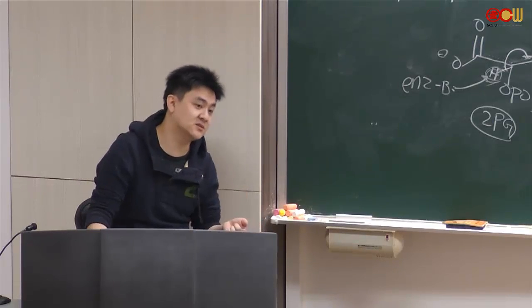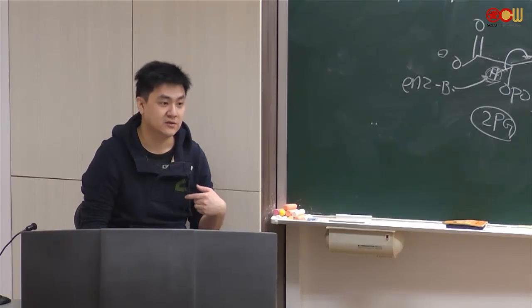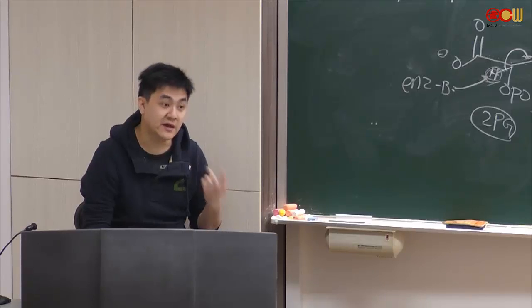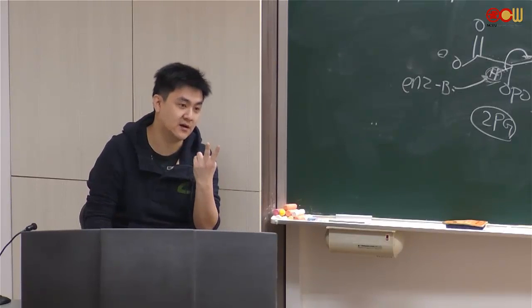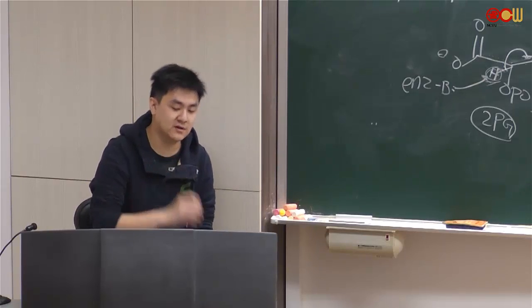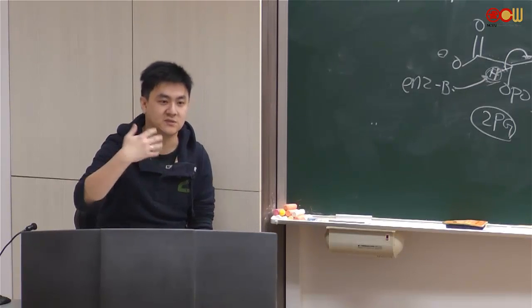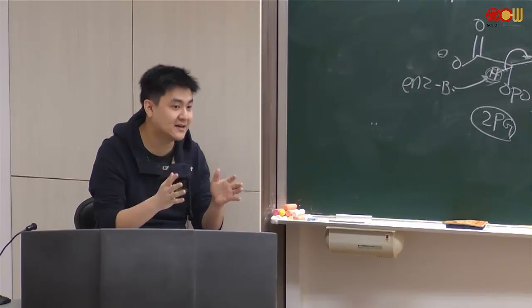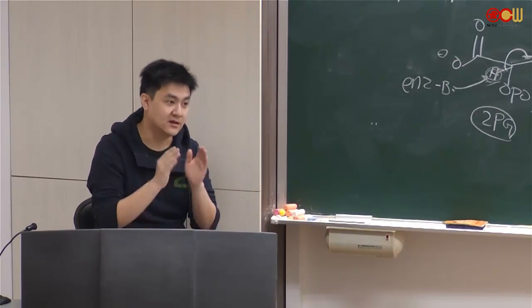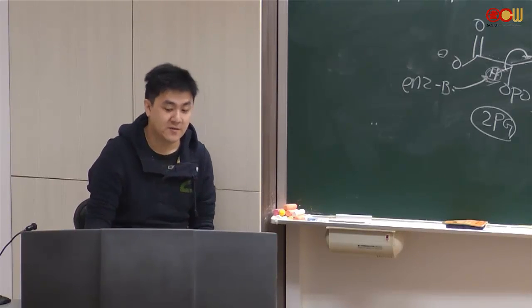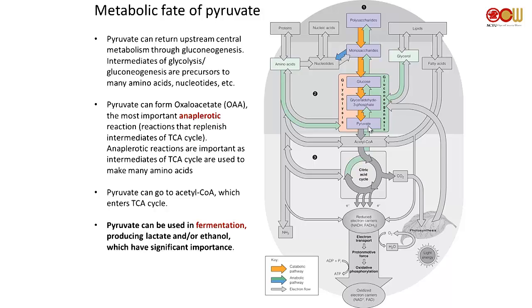Actually, this is the reason why you gain a lot of weight if you drink alcohol too much. Because alcohol is a 2-carbon alcohol, ethanol. When you drink a lot of alcohol, ethanol gets metabolized. Ethanol coming in becomes oxidized, becomes acetaldehyde. Acetaldehyde gets oxidized to become acetyl-CoA. But acetyl-CoA cannot go to pyruvate.